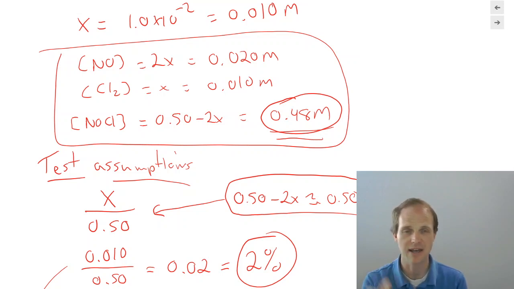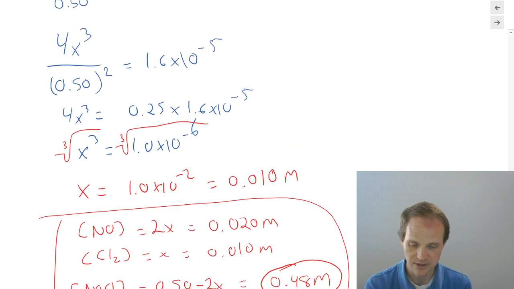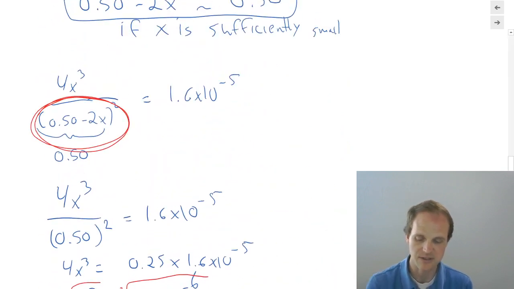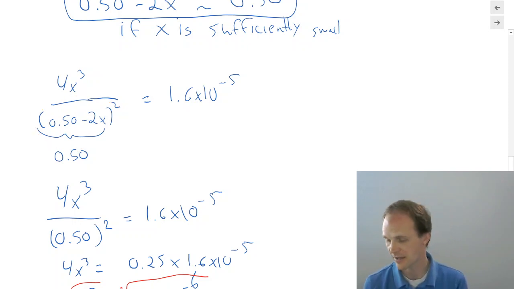And like I said, go ahead. I highly encourage you to plug in exact numbers into Wolfram Alpha and see what you get, and you'll find it's very, very close to this. So that's how we solve problems where we have a very small x, where we know we're not going to produce much, and we can ignore that x in one of our terms, or sometimes even more than one of our terms, in our equilibrium constant. So we just ignored the x there, and then we verified that that was a valid thing to do as long as it's less than 5%, which is our criteria.